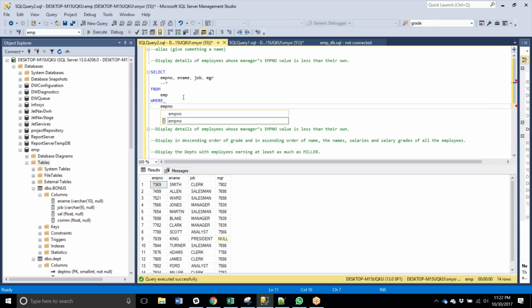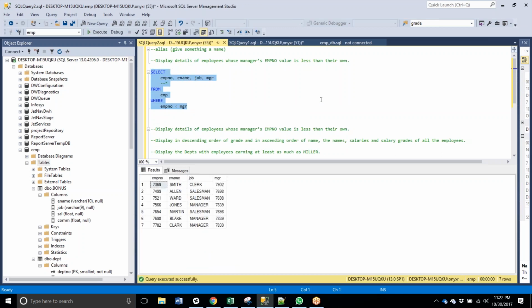emp number is whose manager's emp is less than. So the manager's value is greater than or less than. I'm just going to, because I can't be bothered to think about it thoroughly, I'm just going to say where the employee number is less than the manager employee number. And if I'm thinking about it the wrong way and the sign needs to be flipped, fine, whatever. But the point is,